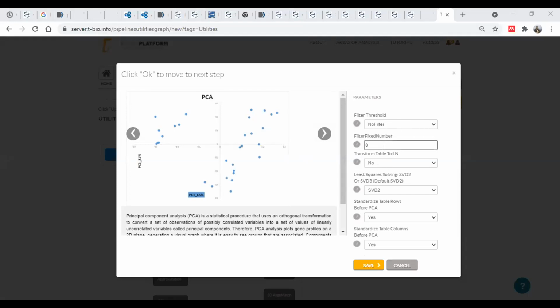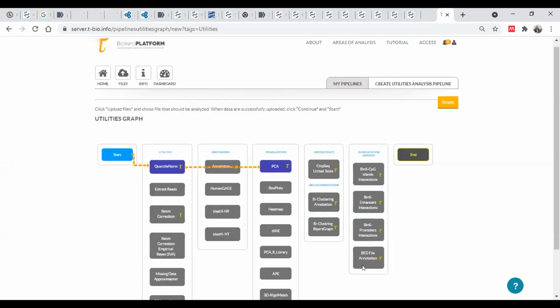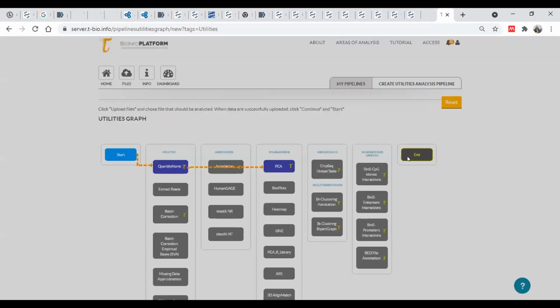You can also apply filters if you want to filter out very low values. Then the method for the PCA is SVD2. Then it is asking whether you also want to standardize your columns and rows. We are choosing all the default options, yes, and then we can end our pipeline.